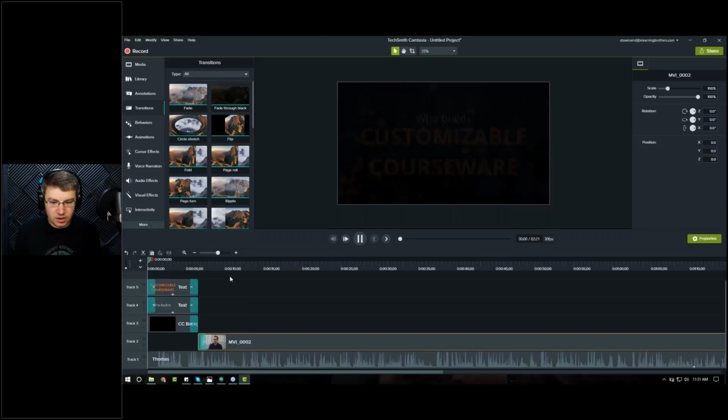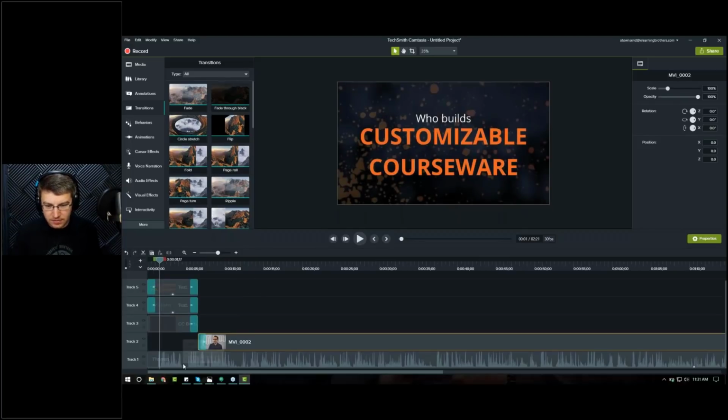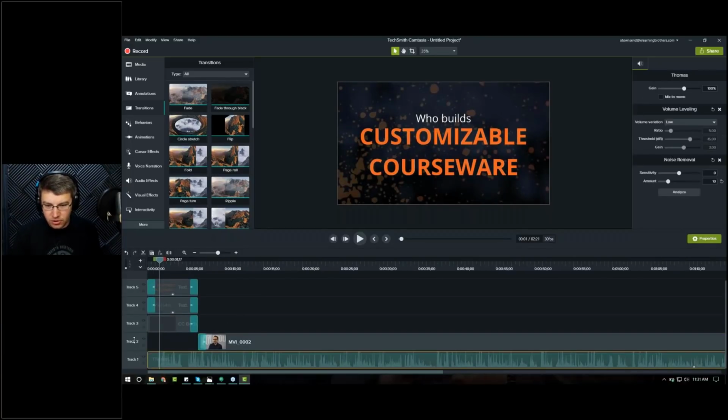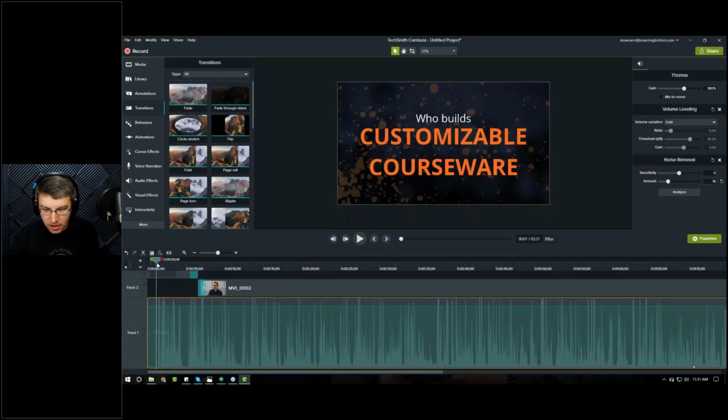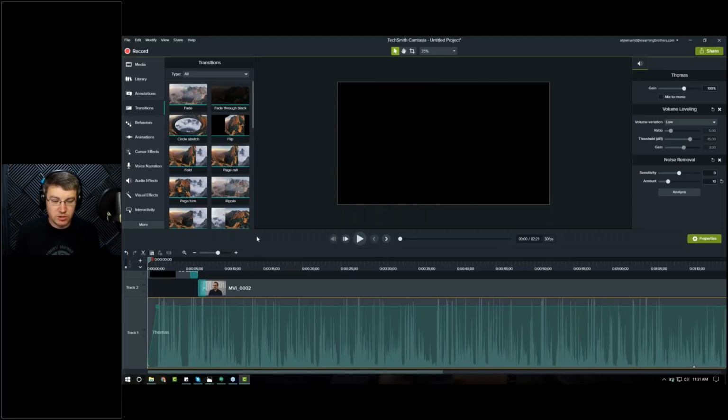Just to make sure that it sounds great, I'm going to grow this bottom audio track, and I'm going to double click right as he begins to talk on the timeline right here. And I'm going to double click at the beginning on the green line, so that creates these audio points. And then I can drag this first one where he's not talking all the way down to the ground. So just so that if there is a little tiny bit of room noise, which there is in this one,